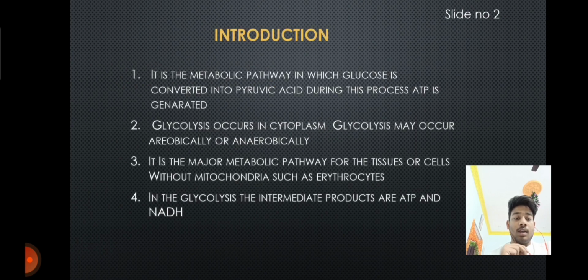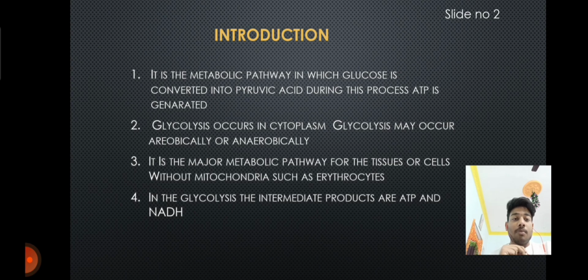The word glycolysis indicates the breakdown of glucose. Glycolysis is the major metabolic pathway in which glucose is converted into pyruvic acid. During this process, ATP is generated. Glycolysis usually occurs in the cytoplasm and it is independent of oxygen, means it can occur aerobically or anaerobically, and